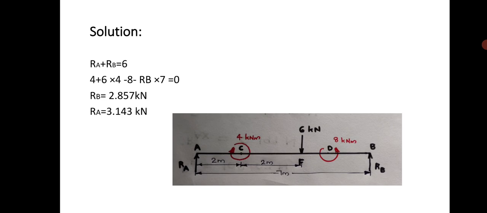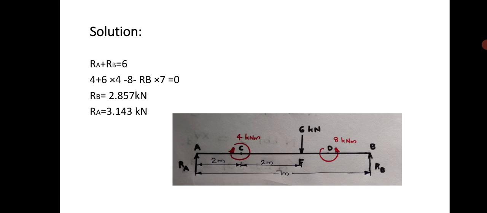So this simply supported beam will be in equilibrium under the action of the forces. The algebraic sum of the forces in the x-axis will be 0. So here there are no forces along the horizontal direction. Then second condition of static equilibrium is that algebraic sum of the forces along the vertical direction will be 0. So RA plus RB minus 6 equal to 0. That is the equation.